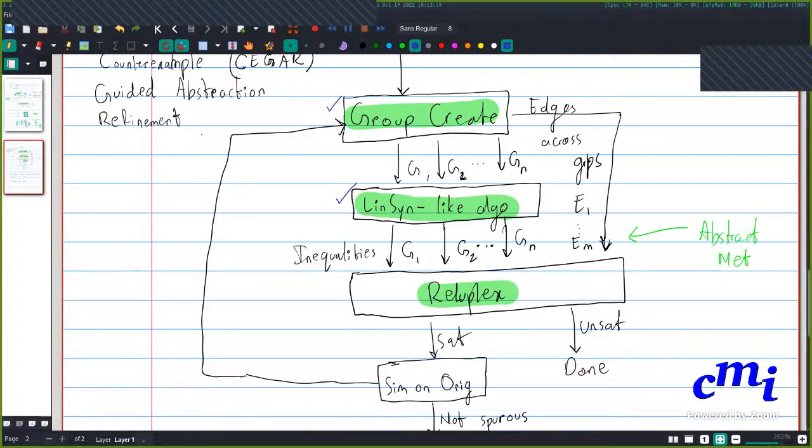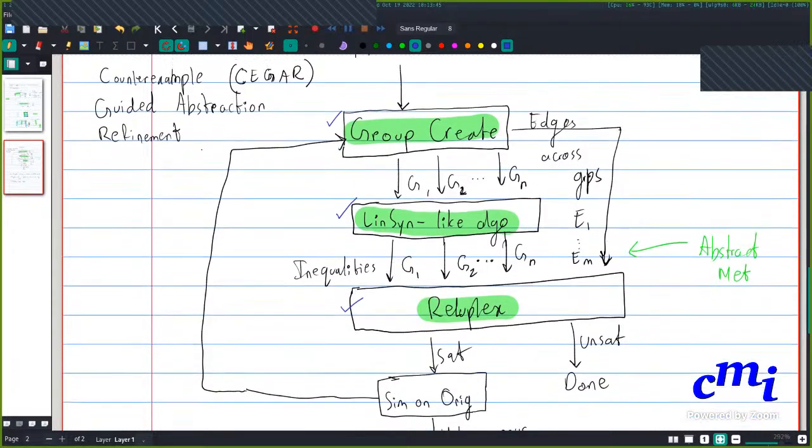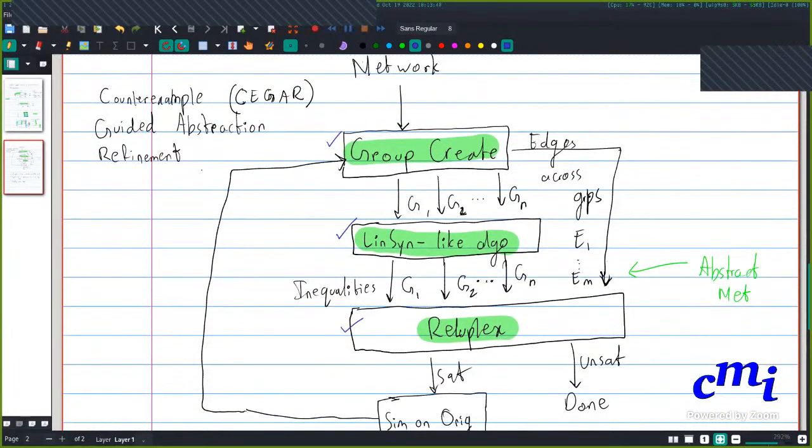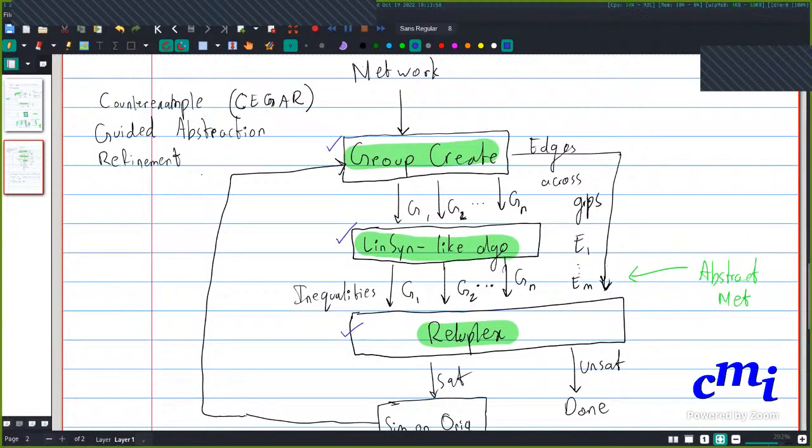Given a group, is it just a direct application of LinSyn to get linear upper and lower bounds for the group? And once you have all of these constraints, is it something that Reluplex can handle? So start thinking about these three things, turning them over in your minds a little bit.